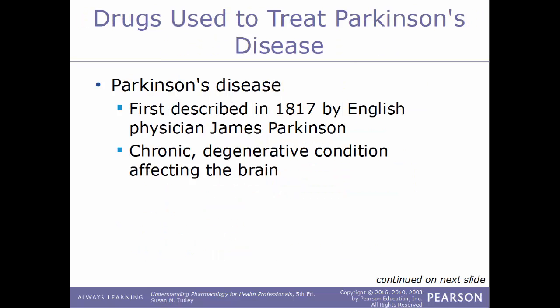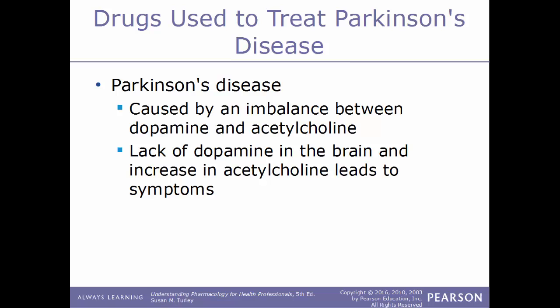Alright, now we'll move on to drugs that are used to treat Parkinson's disease. Now, Parkinson's disease was first described in 1817 by the English doctor James Parkinson. This is a chronic degenerative condition that affects the brain. This is caused by an imbalance between dopamine and acetylcholine. So the lack of dopamine in the brain and the increased levels of acetylcholine are what will lead to symptoms